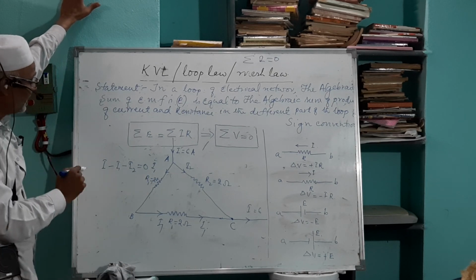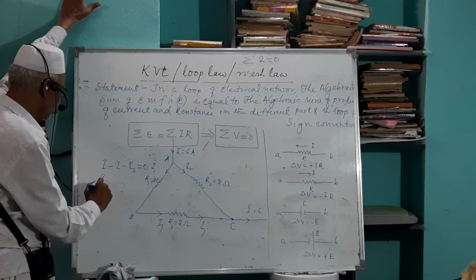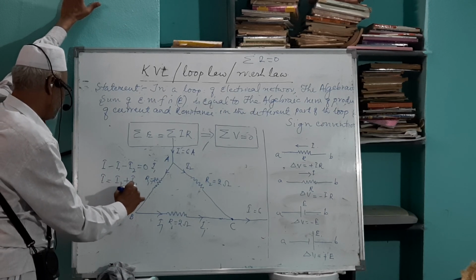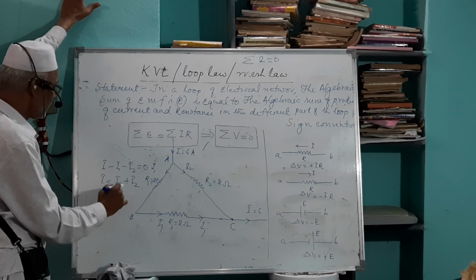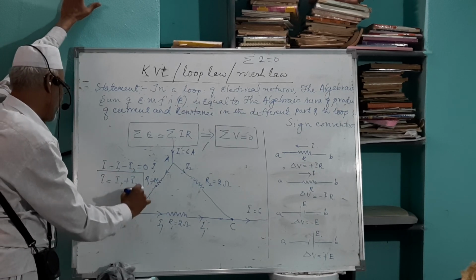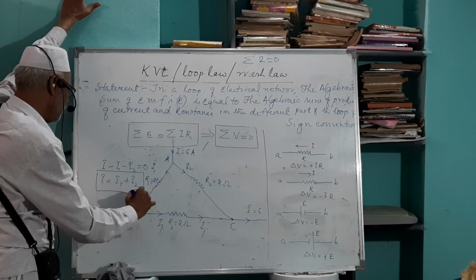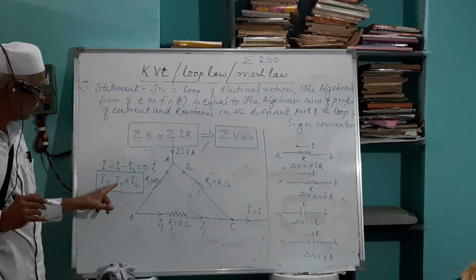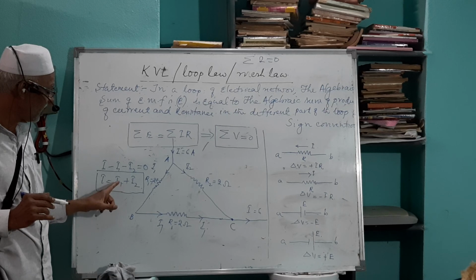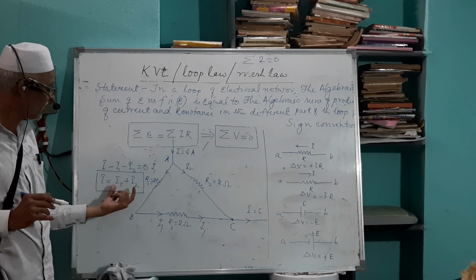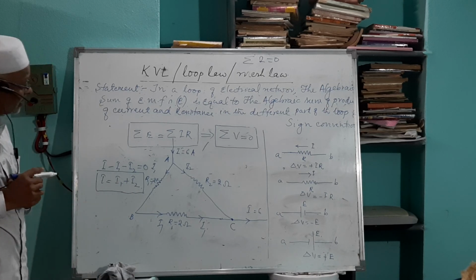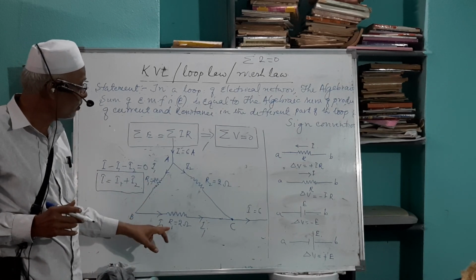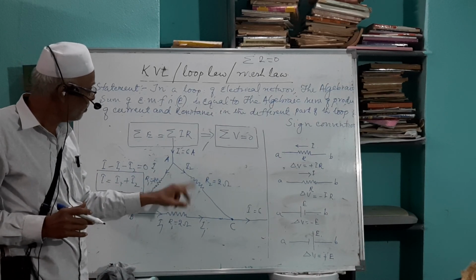Or you can rewrite this expression as I is equal to I1 plus I2. So the main current is equal to the sum of the branch currents. I stands for the main current, and the branch currents are I1 and I2. So basically you have to find I1 and I2. You know R1 and R2, so how to find the